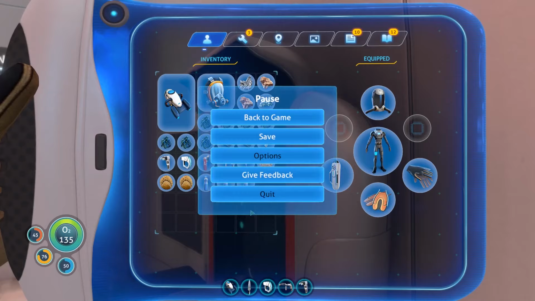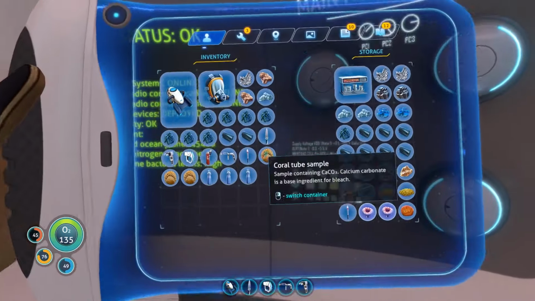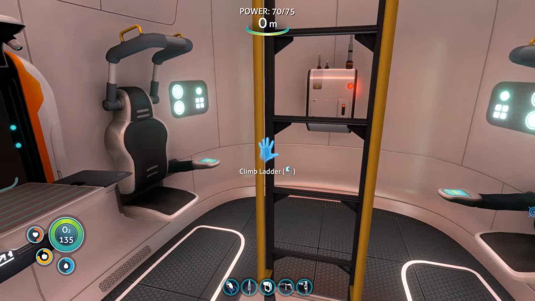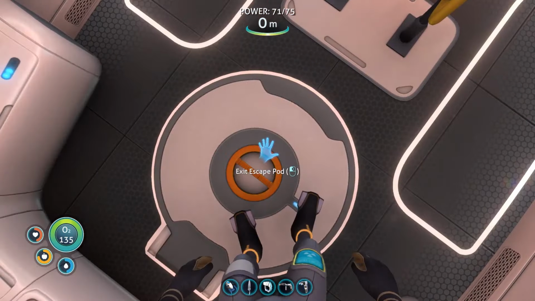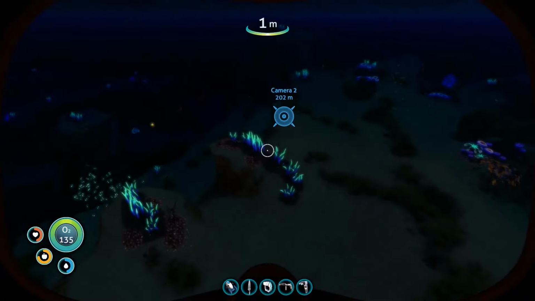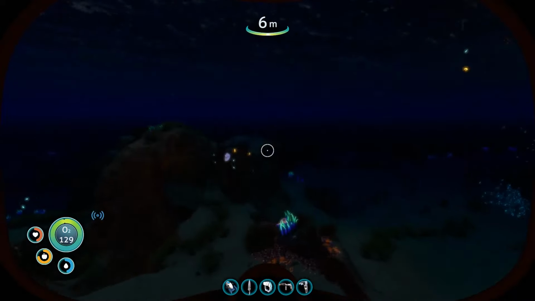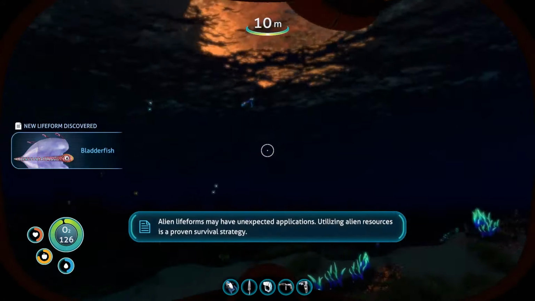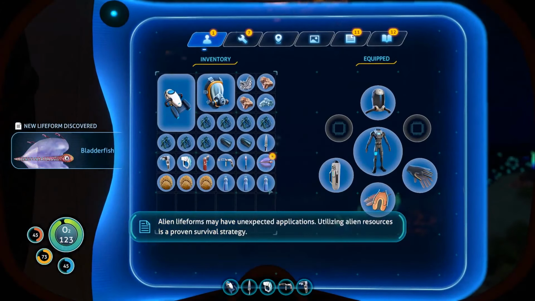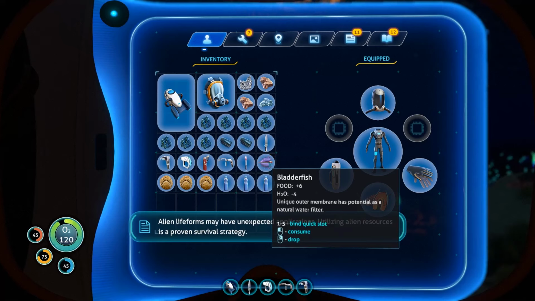There's no need to keep this. If you do have extra salt deposits, keep them, throw them in your storage. But later on you will be able to craft better food yourself. You can get fish if you want. If you're fast, I should say, you could catch a fish. See if I can grab one here. There we go. So you can catch a fish, and they will give you much more food than the vines,